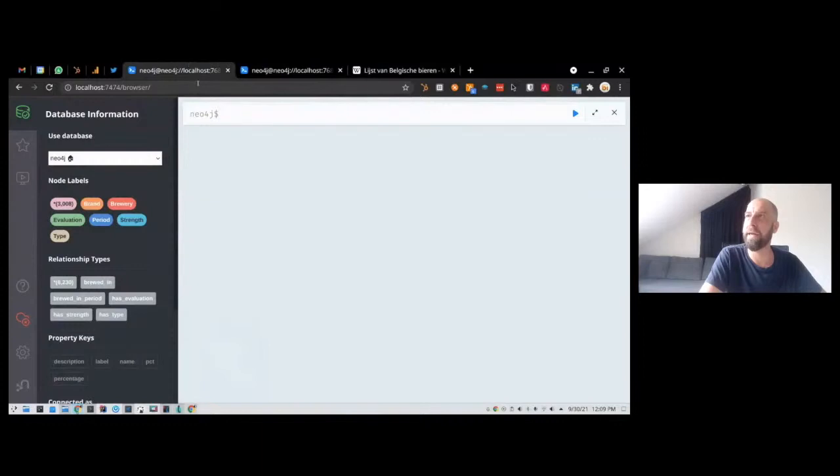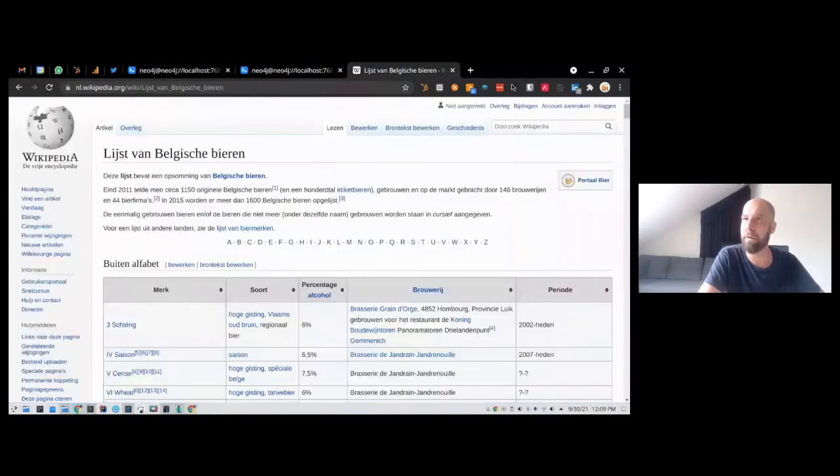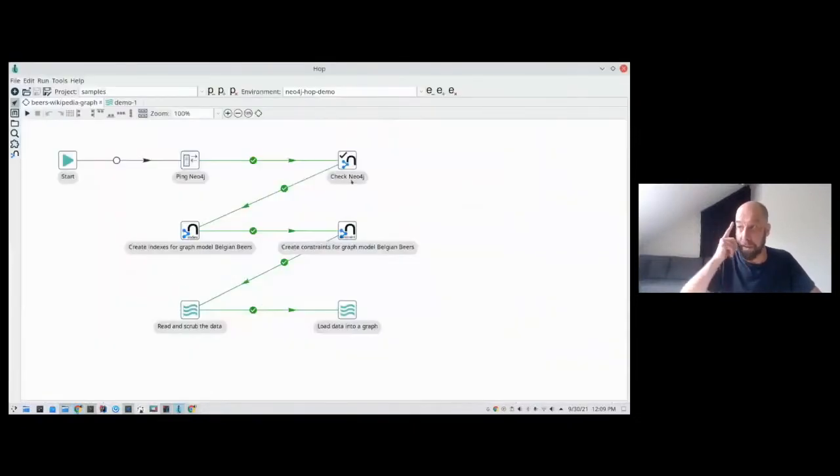The beer graph is based on a list of Belgian beers. It's an example that Neo4j's Rick van Bruggen created a while ago, and we use this to build this demo